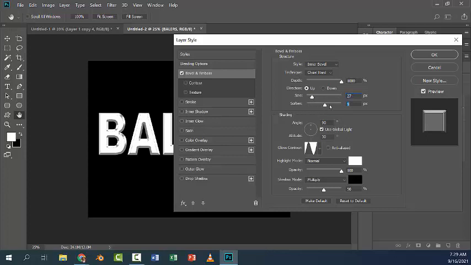You want to take softening down all the way. If you have softening up, it kind of makes it sort of bubblicious, and we want these to be nice chrome letters like you might find on a car, on the name of the car. So let's see, we can set the gloss contour. There's a few options in here you can mess with, but you want to keep the size,